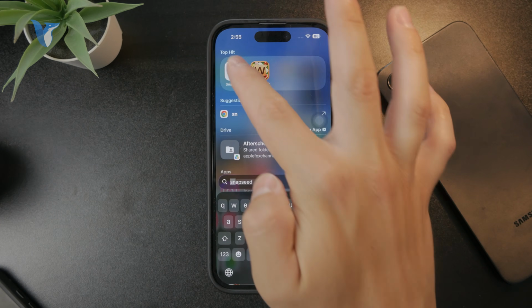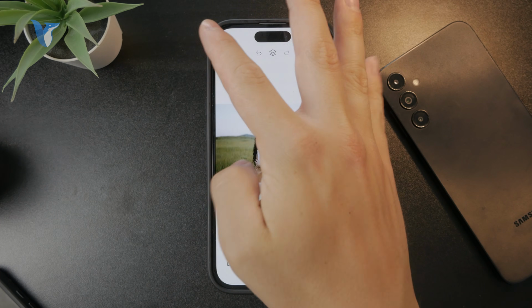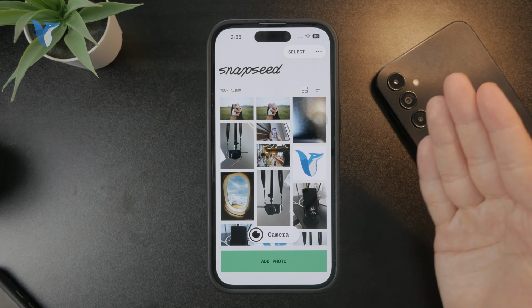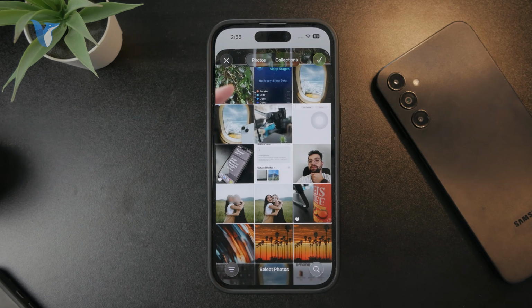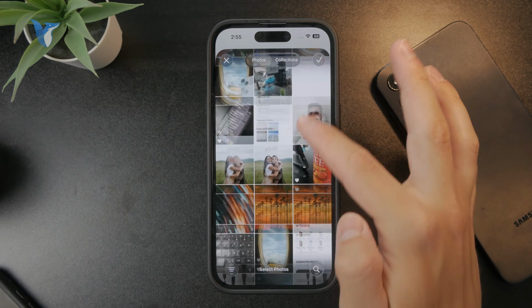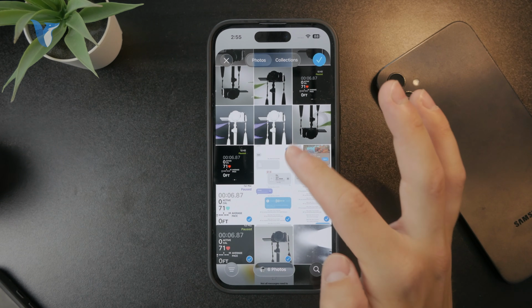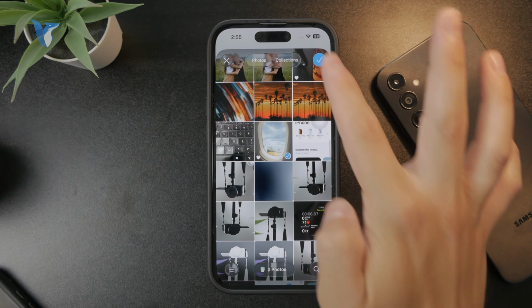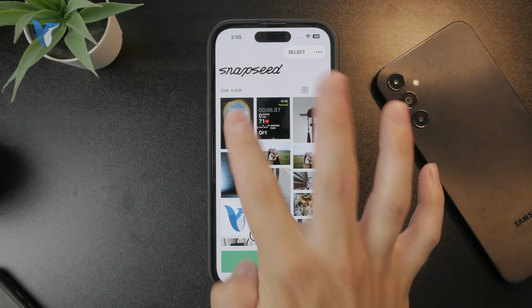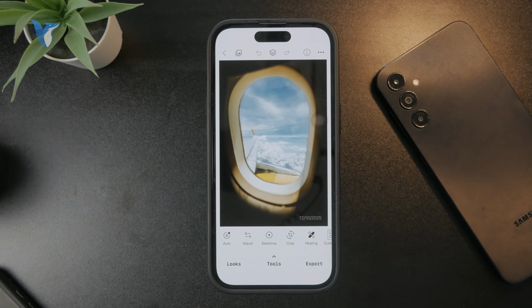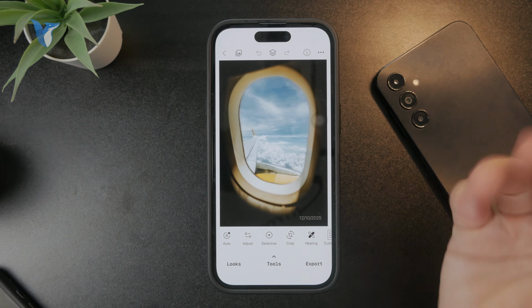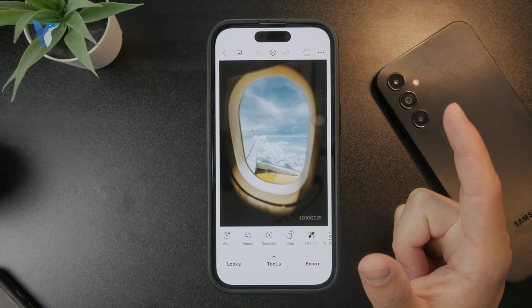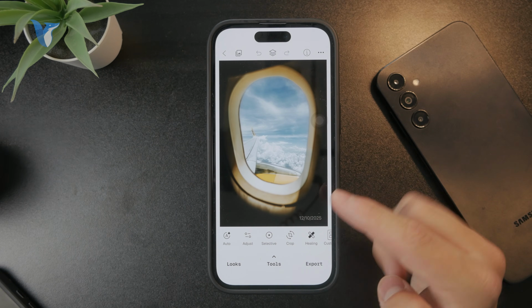So we can get inside of the Snapseed, right? And let me just come back to the main editing page and let me just import an image from the gallery, right? So whatever it might be, let's say that you can actually see that I selected multiple, but let's say I imported this image of the view from my window, right? It's actually a downloaded image, of course, but in order to blur parts of it, what we can do is